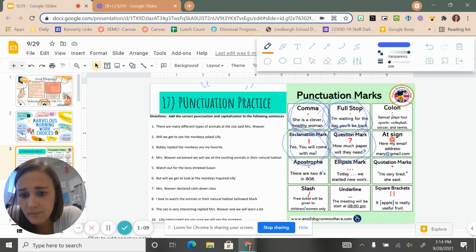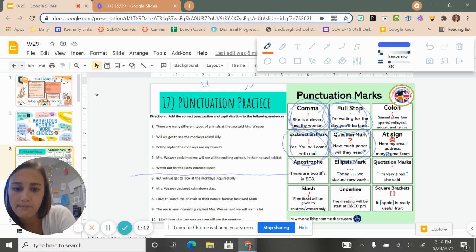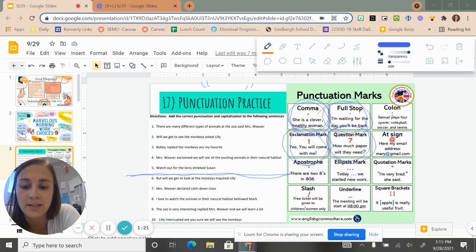So we're going to correct 1 through 5 together. And then if you want to practice 6 through 10, you can pause if there's extra time, and you can try solving those and editing them on your own. So you can feel free to pause and try to do that. But we are going to get started with number 1.